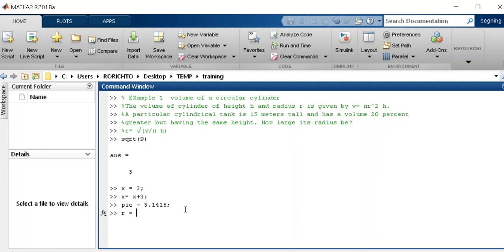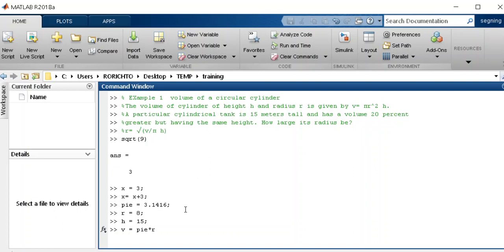Then the next is R. We assign the R value. Then the H, which denotes the height of our tank, and V, where V is